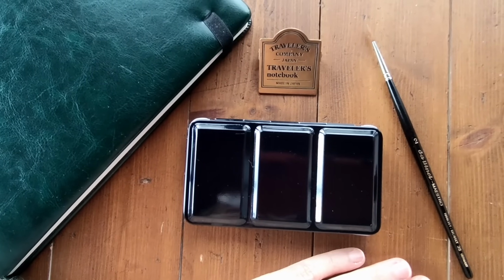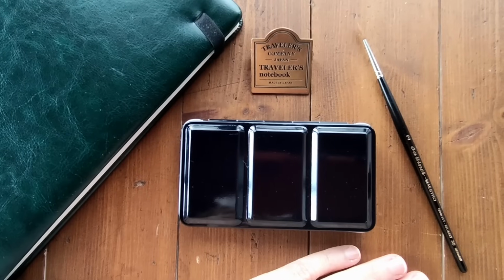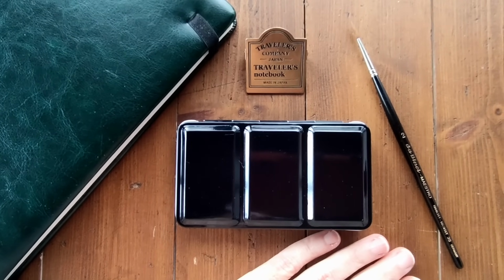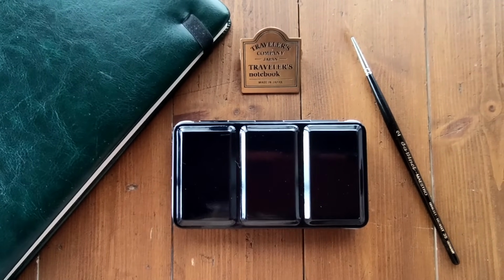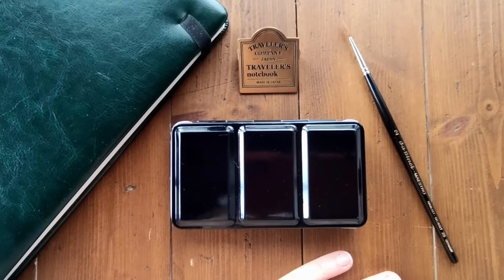In today's video I'll be sharing with you the 10 colours that I loved in 2024. Now some of the colours are colours that I discovered in 2024 and some of the colours are not. Some of the colours are colours that I rediscovered and I fell in love with them all over again. I'll be swatching them out for you